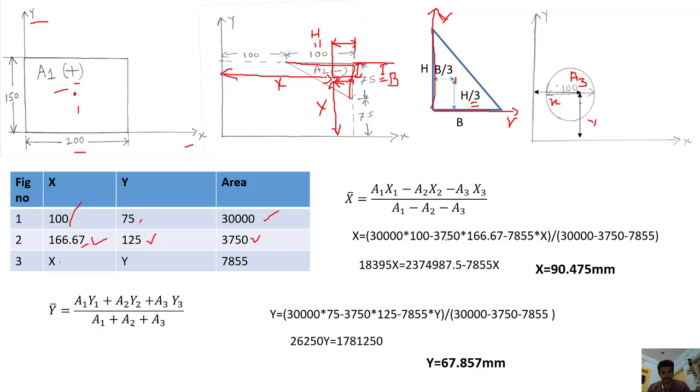In the question it is denoted as xc and yc, so we can denote them here as xc and yc. That will be the distance of the center of that circle such that the center of the circle coincides with the center of the remaining figure. So this is the center of the remaining figure and this is the center of the circle. So that's the answer.